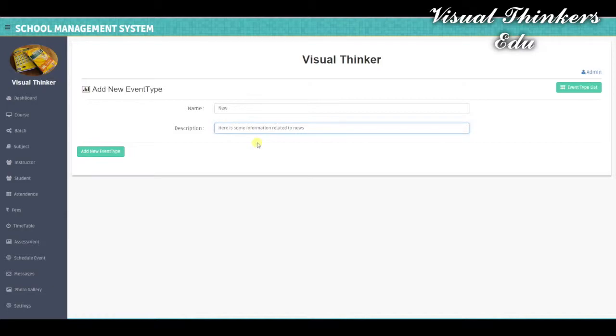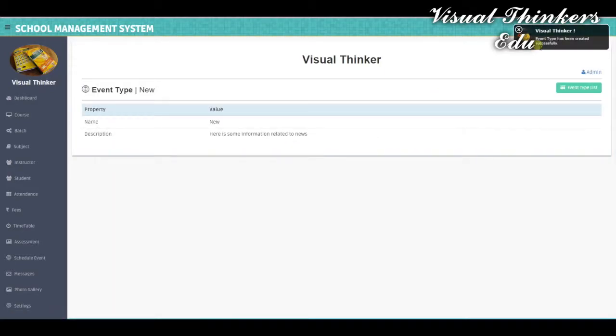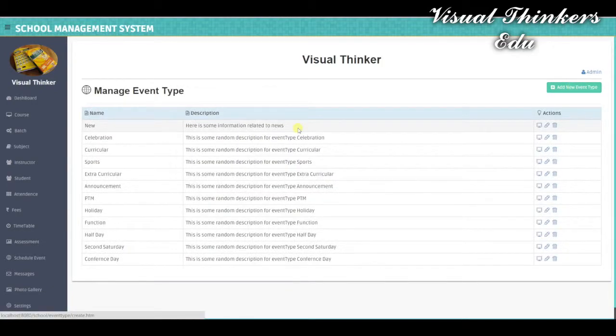Once you're satisfied with the information, click on add new event type. A message in the right corner is displayed that the event type has been created successfully. Now back in your list, you notice that your recently created event type is visible in the list. So in this manner, you can manage event types.